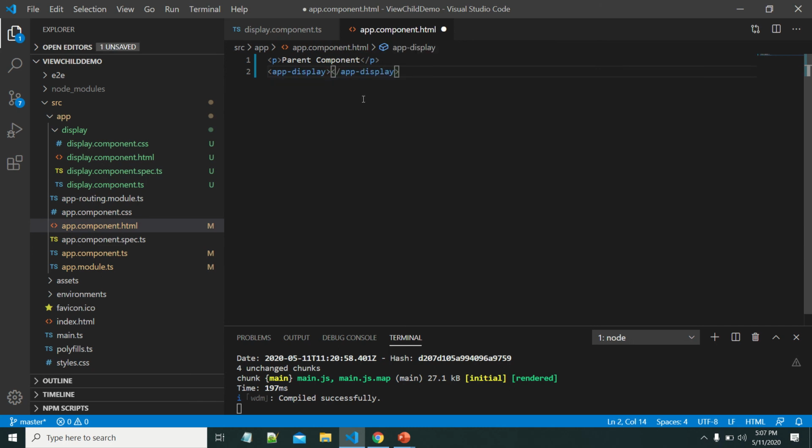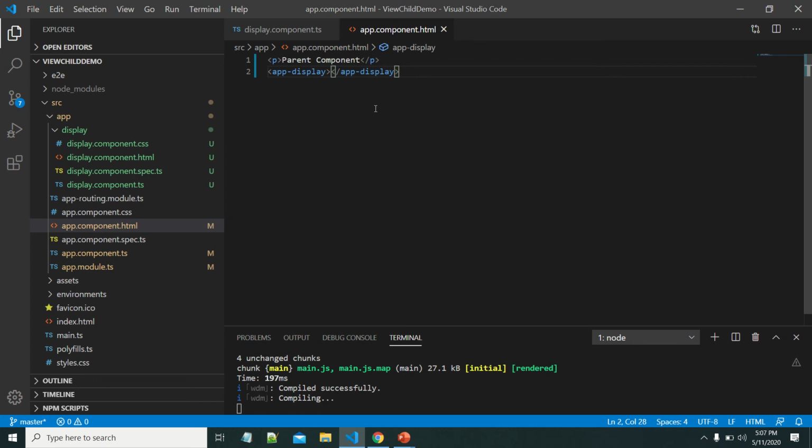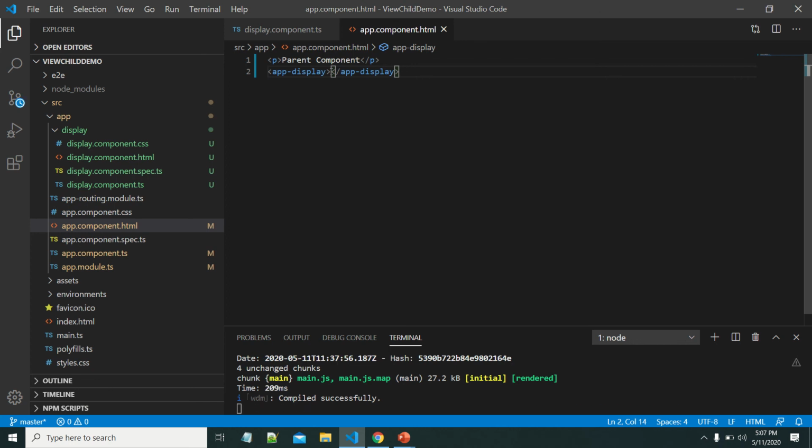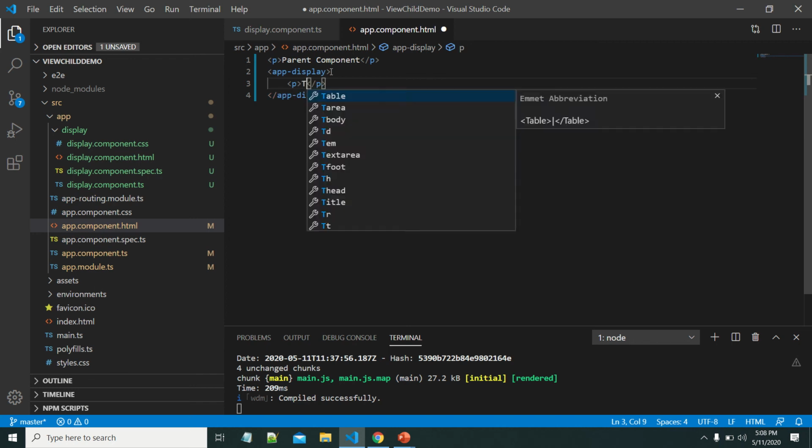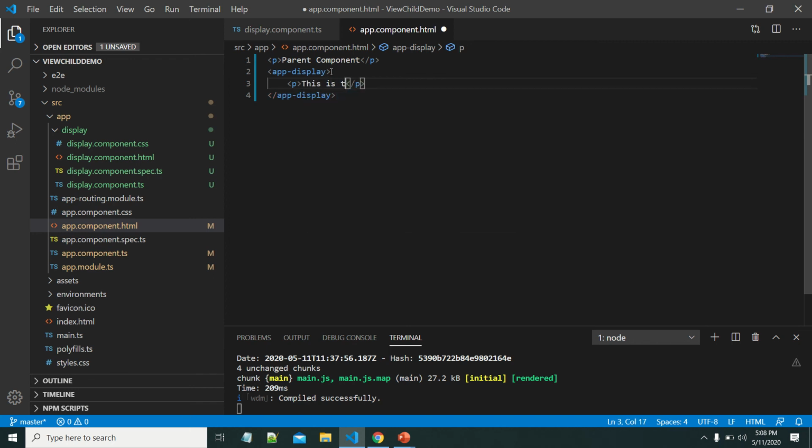Now from here, if I want to project some content, then I have to specify it within these start and end tags. Let me take the same example. This is the projected content. Let me put p.